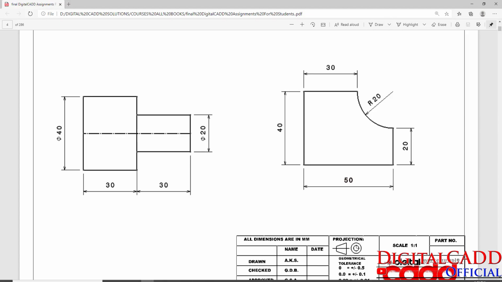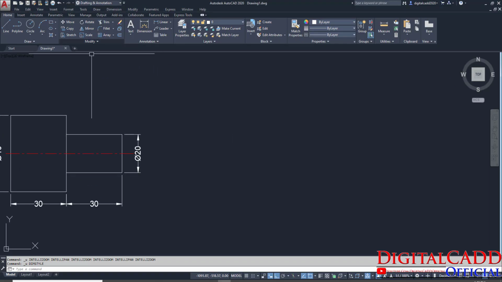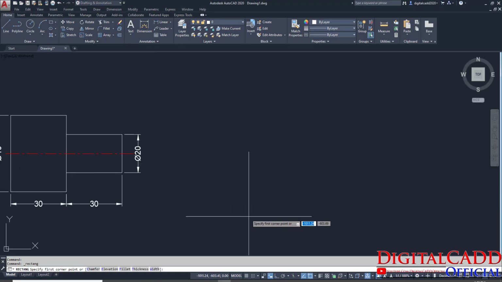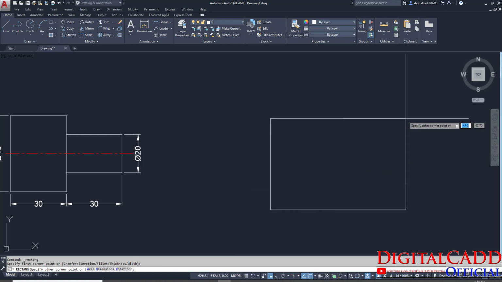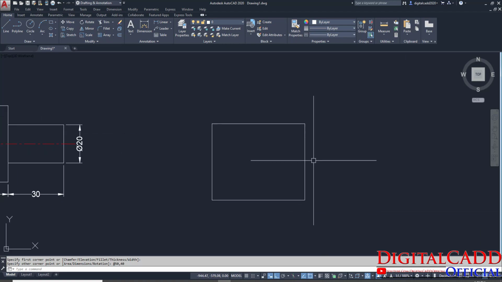Let's see the second one. We need a rectangle of 50 by 40 mm. Just take this rectangle here, click the base point, type the value, that is 50, tab, 40, enter. Here we have a rectangle.